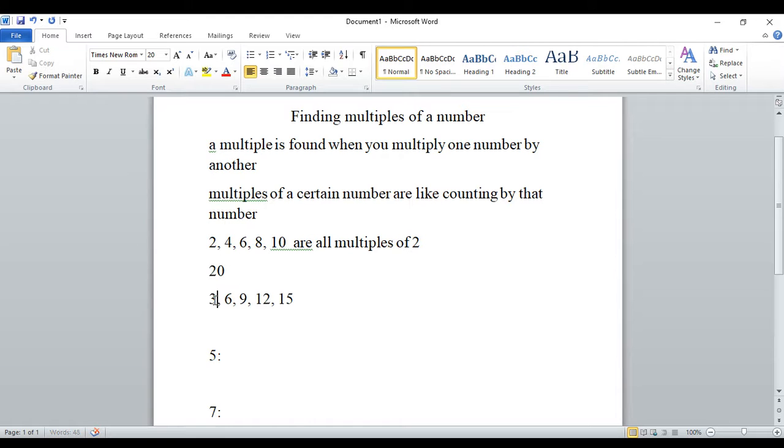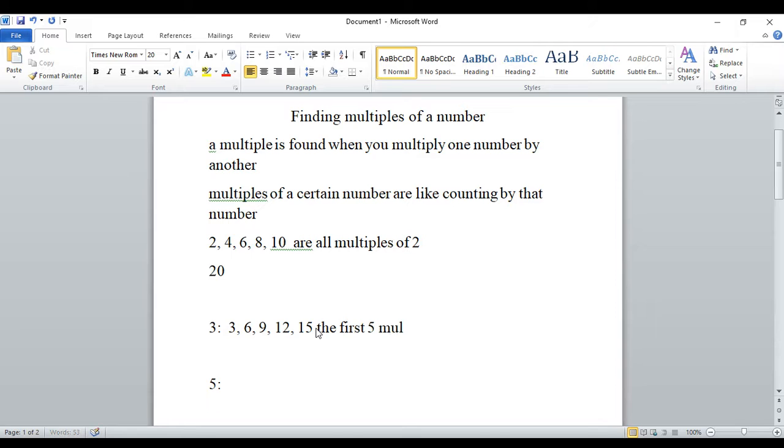So let's look at this next one. Here we are, looks like we're counting by threes, or we are finding multiples of 3. 3, 6, 9, 12, and 15. 3 times 1 is 3. 3 times 2 is 6. 3 times 3 is 9. 3 times 4 is 12. 3 times 5 is 15. So actually, these 5 numbers right here are the first